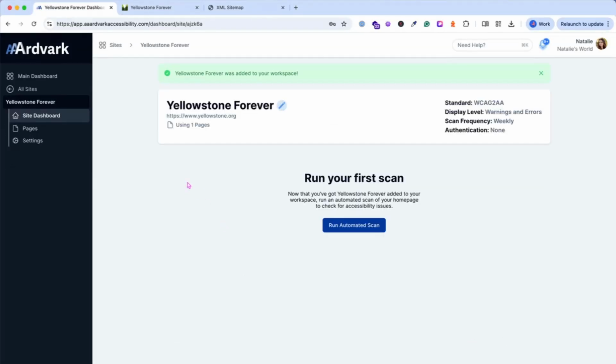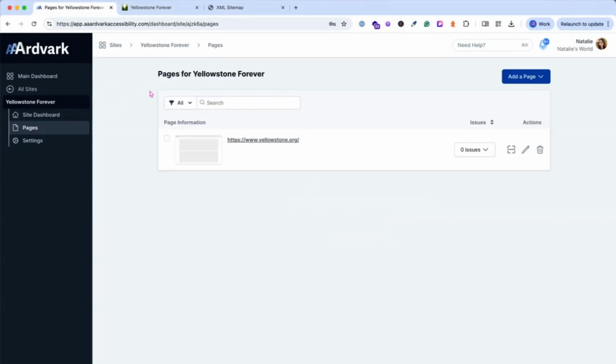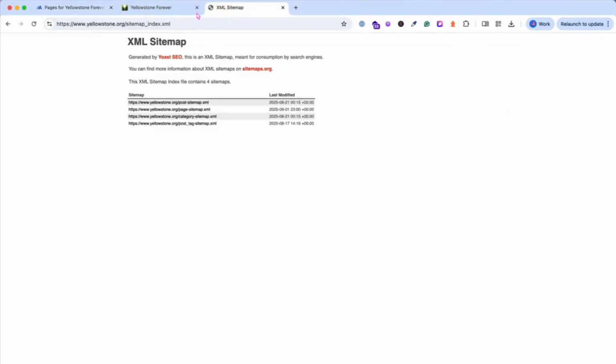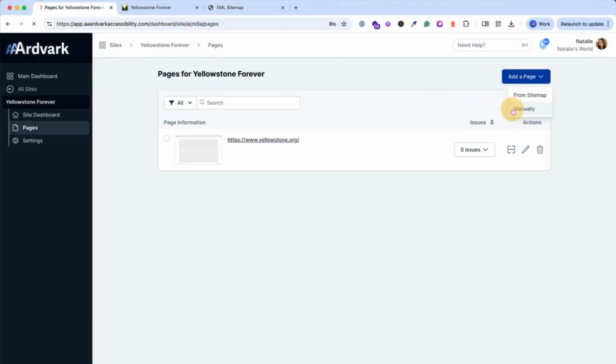Alright, so whenever you add a site to Aardvark, we start off with just one page. So for this, I want to go ahead and add more pages before I run my first scan, just to get a more thorough view of the state of accessibility on that site. So I'll go to the Pages tab, and at the top right corner we have the Add a Page button, and I have the option to do a sitemap or do it manually, and it looks like Yellowstone Forever has a pretty standard sitemap location, so sitemap_index.xml,